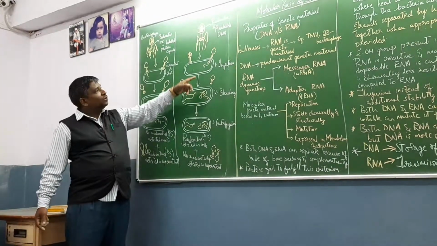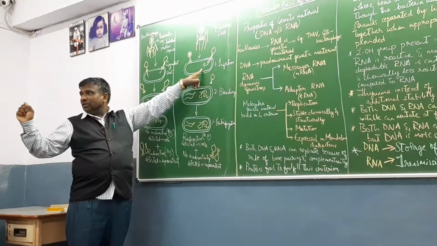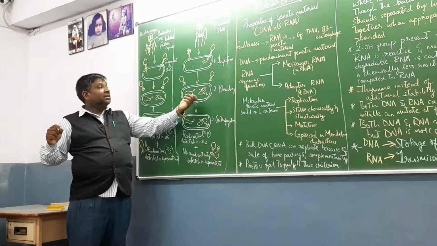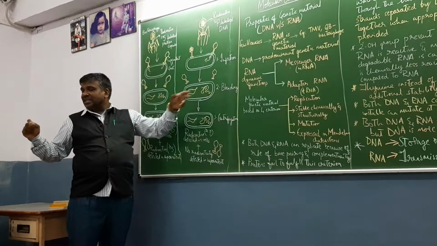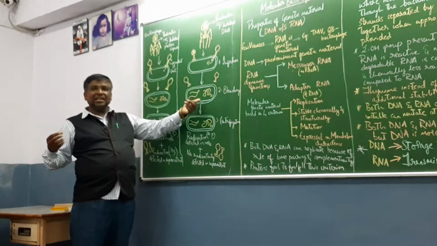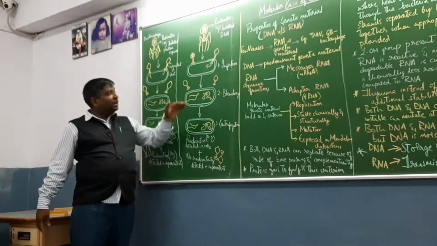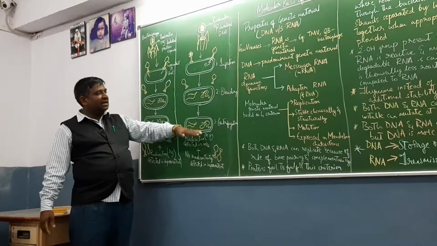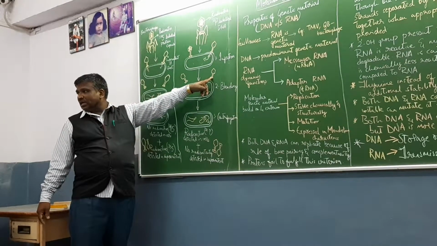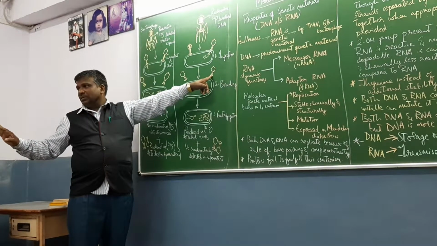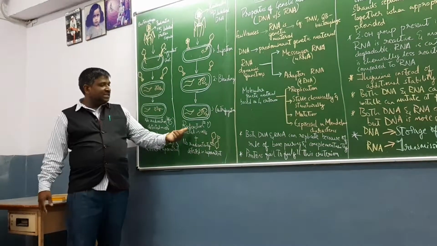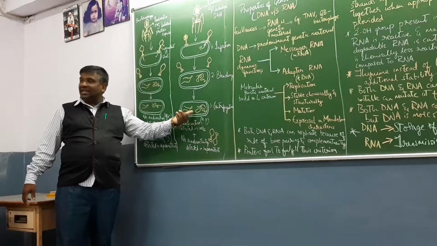Our concern is to see what happens to this radioactive labeled phosphorus present in the DNA that has entered into the bacteria. This radioactive labeled DNA has taken control. This is viral DNA. It has taken control of the bacterium's protein synthetic machinery. They produce a large number of copies. Now, when you subject them to centrifugation after infection and blending, the supernatant does not have any radioactive component. The protein part does not have any radioactive component, but radioactive 32-phosphorus is detected in the bacterial